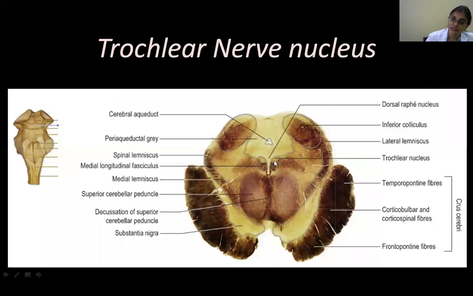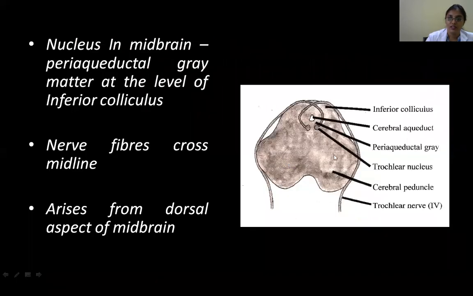So this one also should get information from the superior colliculus and the medial longitudinal bundle, as well as from your higher center, from the cortex. And here, this is the aqueduct, the nuclei here. So this is the only cranial nerve that is exiting from the dorsal aspect of the brainstem. And then you can see, this is the one which decussates. So this is the decussation.